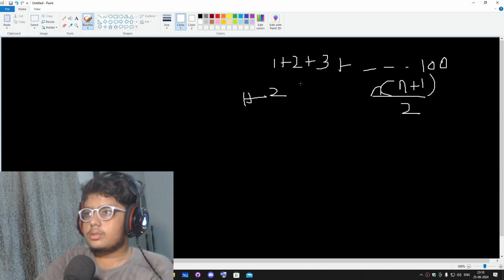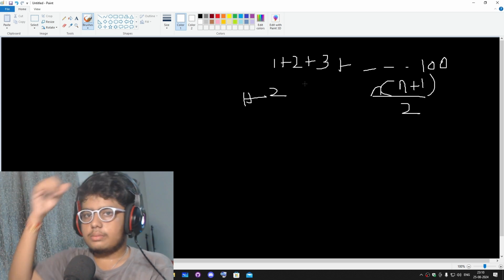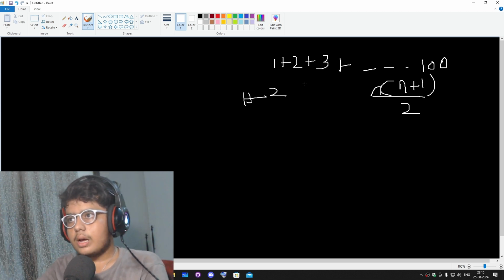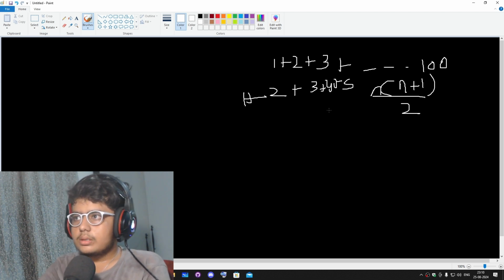I can't add numbers manually till 100, so I compared it with 1 plus 2 plus 3 till 5. This we can add in mind. So 3, 6, 10, 15. When I did this,